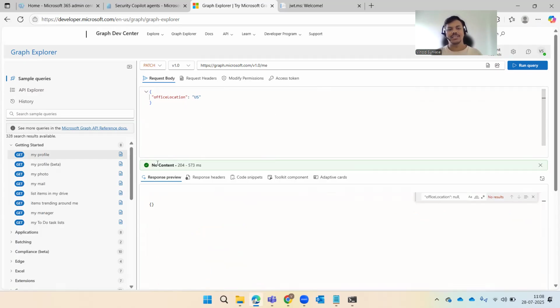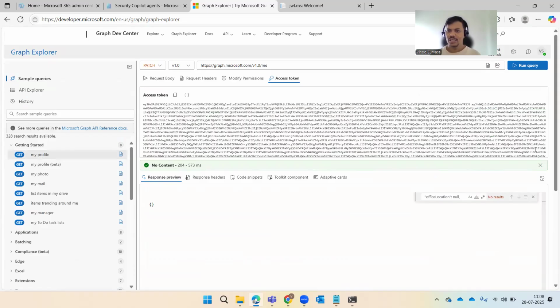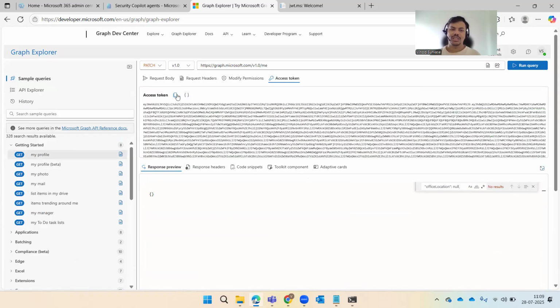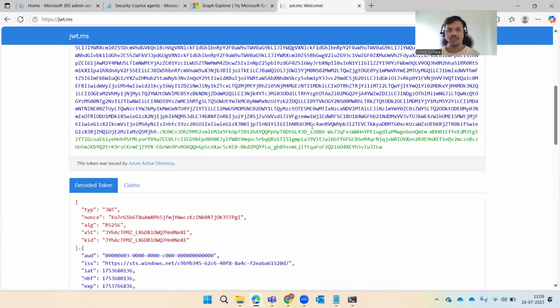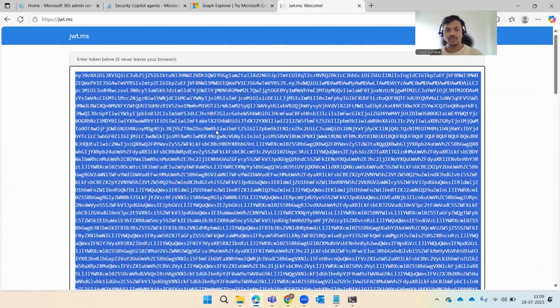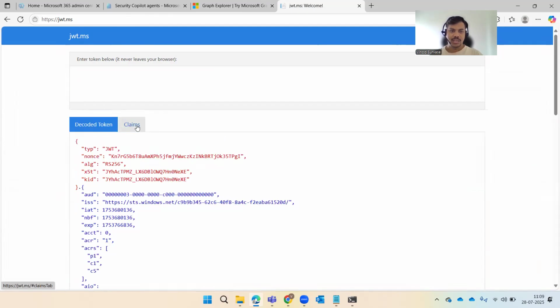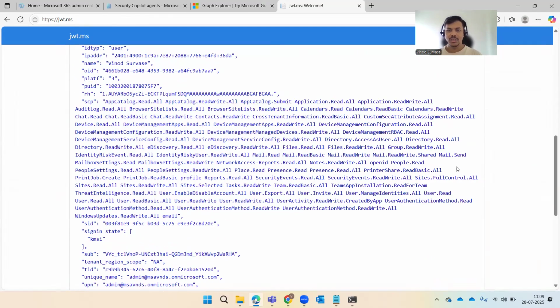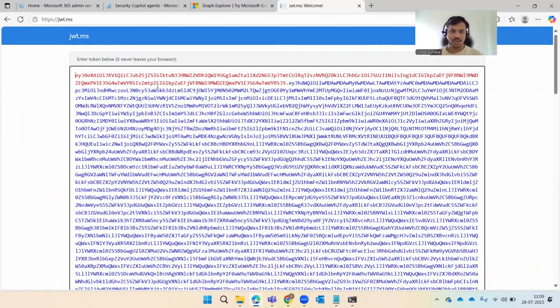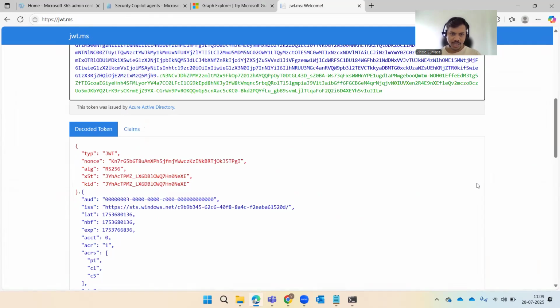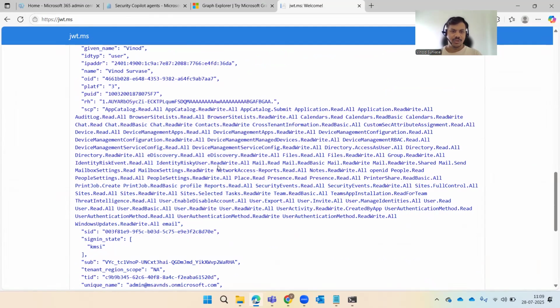Perfect. You can see that it has run successfully with no content, 204. That means it has successfully executed. Now there's an access token as well for it. To see and decode that, we will just copy it, go here and come back here, and simply select all. We can simply remove it, and to clear it out, we can simply refresh this page. Okay, so that's gone. Now just paste that new token and we can come back and we should be able to see that